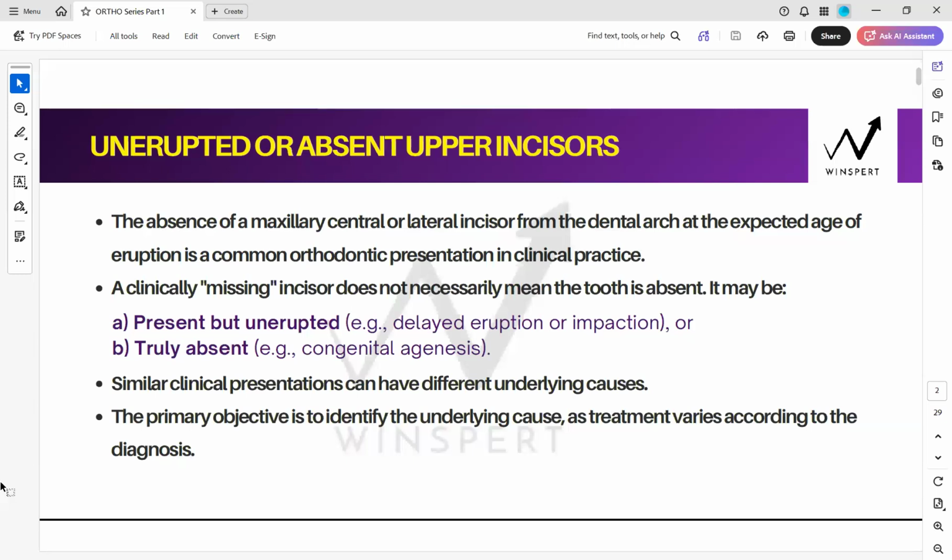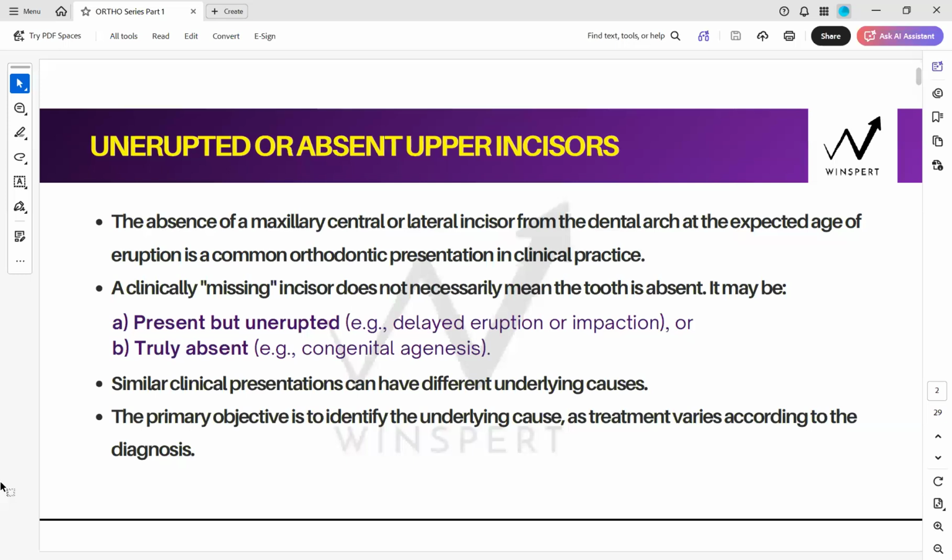Now, these teeth are extremely crucial for aesthetics as well as smile symmetry, speech development, incising function development, then normal occlusion development as well. That is why when they become absent, they have significant functional and psychosocial consequences. That is why a lot of parents will show a lot of concern, and that is why ADC will give you a lot of SBQs on these missing anterior teeth.